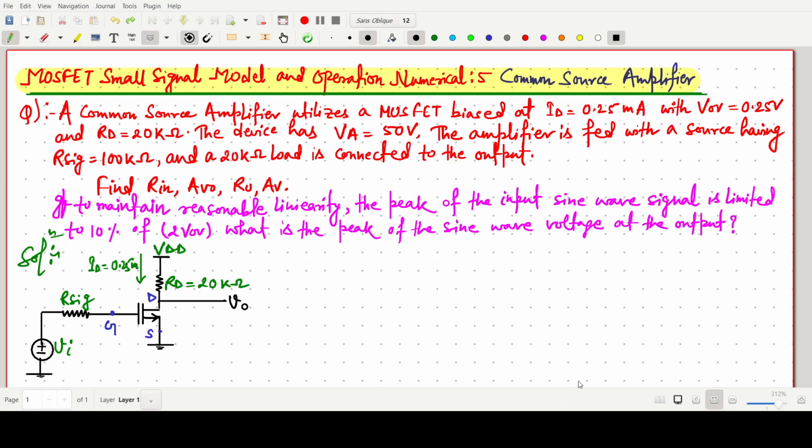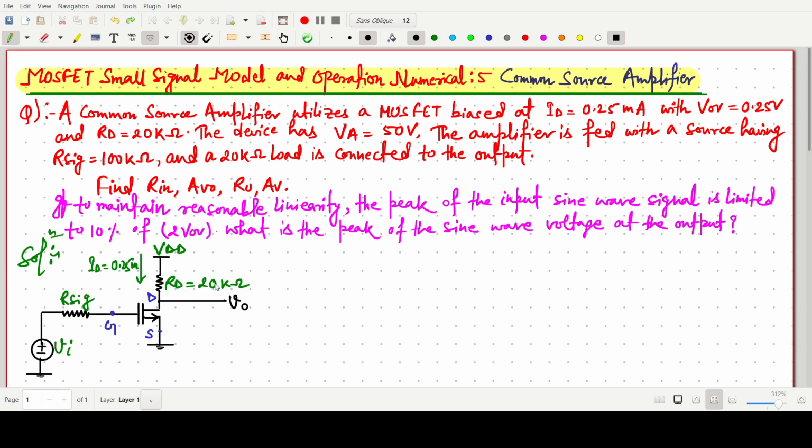Welcome everyone. In this video lecture, we will solve a numerical based on the MOSFET small signal model, and it is basically a common source amplifier based problem. So the question is, a common source amplifier is given. I have already made the diagram. A common source amplifier is there which utilizes a MOSFET biased at the drain current ID having 0.25 milliampere,